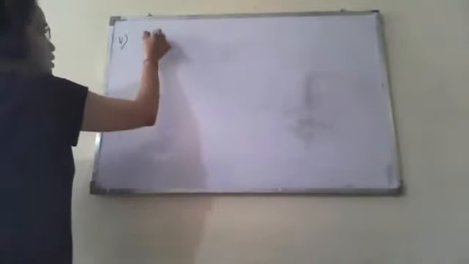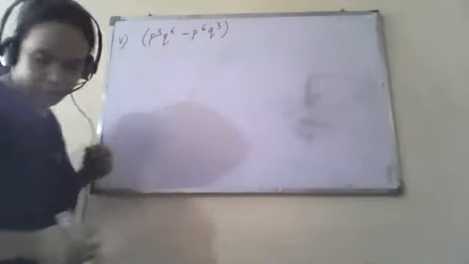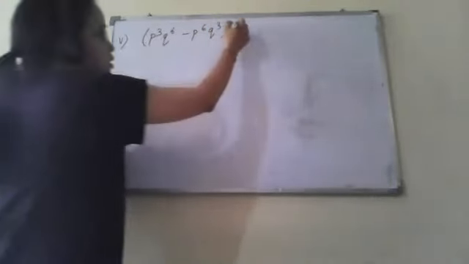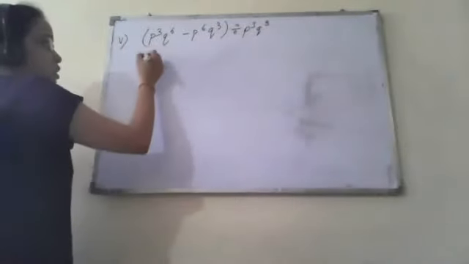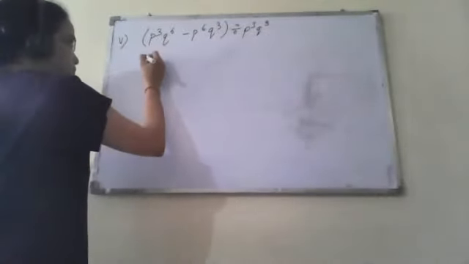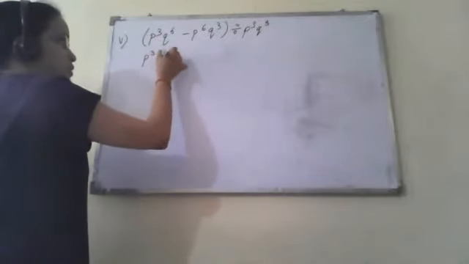This is p cube q raised to power 6 minus p raised to power 6 q cube, and we have to divide by p cube q cube. So I have to take p cube q cube from this. Now this q cube can be written as,